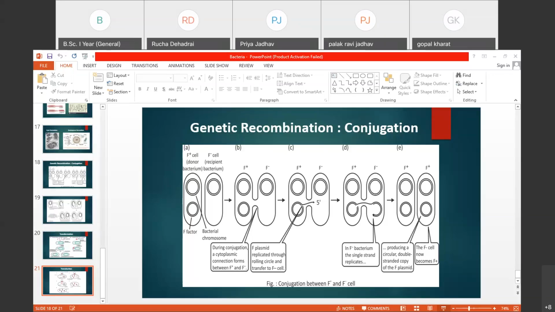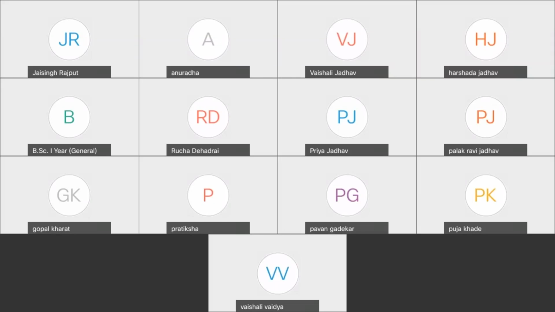And the third one, transduction: the genetic transfer from one bacterial cell to another bacterial cell is mediated by bacteriophages. Transduction was first reported by Zinder and Lederberg in 1952, while they were working on the bacteria Salmonella typhimurium. Okay, that is all about